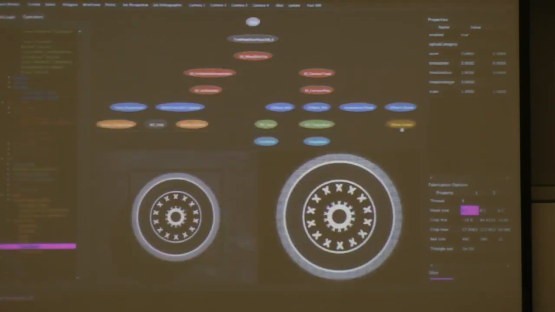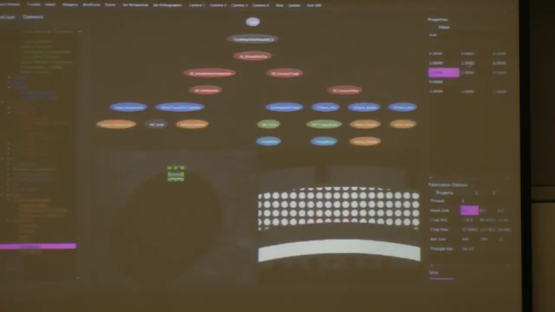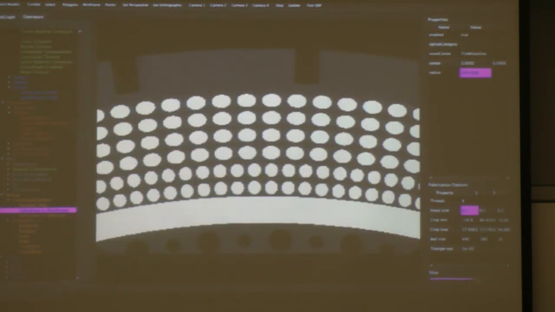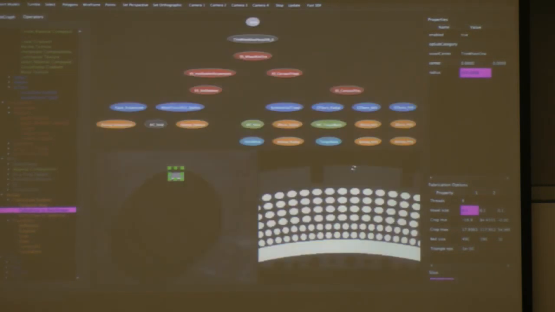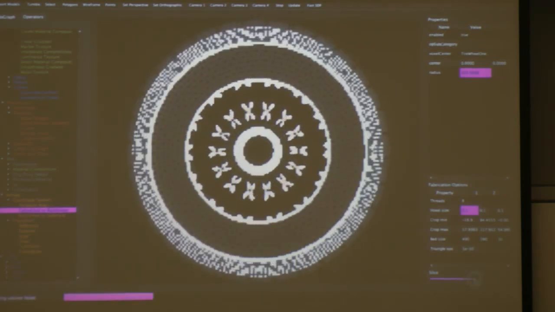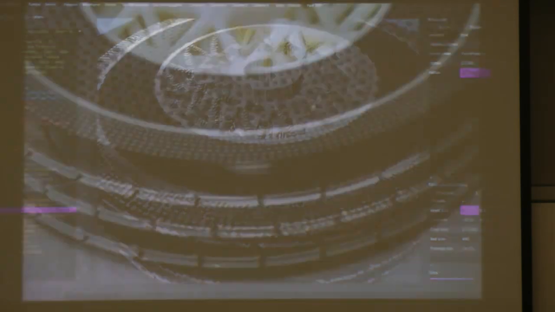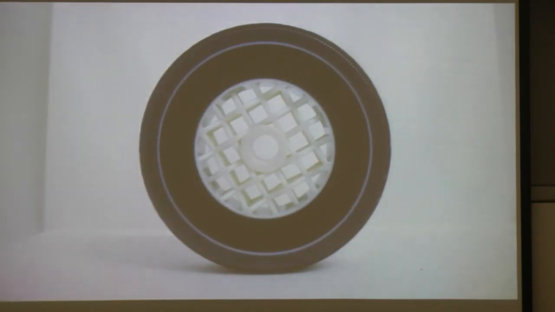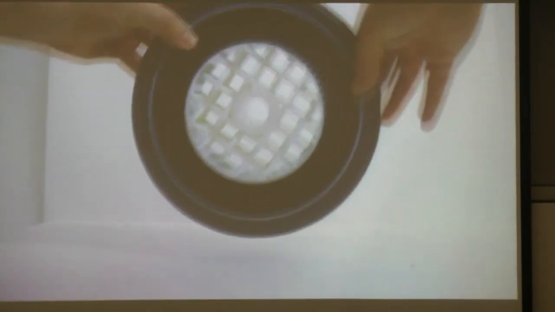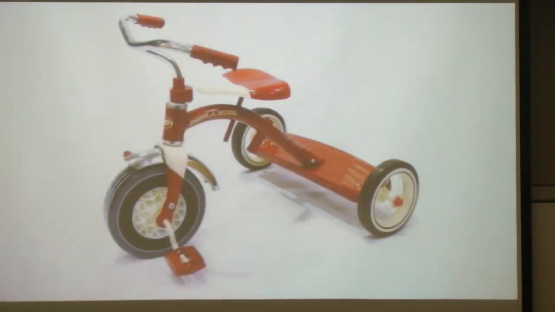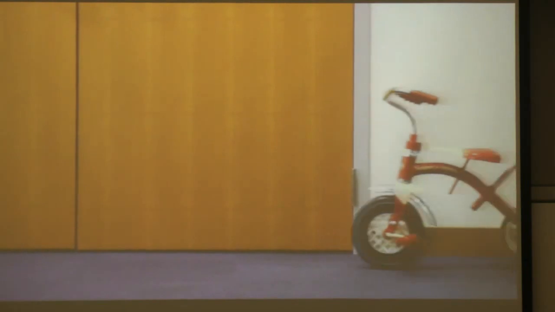We have implemented maybe 100 different operators that provide different types of features. For example, different types of substructures, different types of subdivisions of the volume, different types of parameterization of the whole space. So in using this, you can build things like this. We of course are not tire designers, so this is just an example of what you can do with this